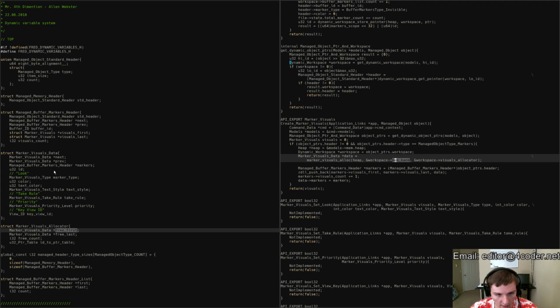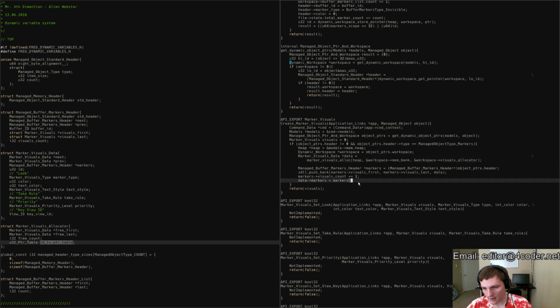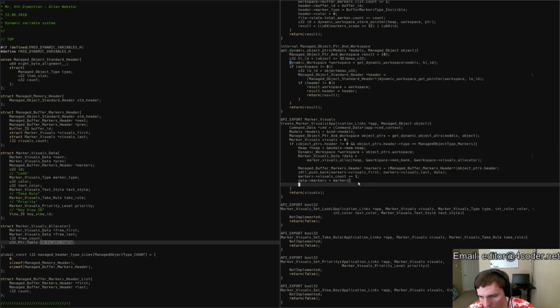Now the only remaining problem is what's the point of this ID in this table? The point of that is when we create one of these things, yeah, that's why we can't clear it to 0. When we create one of these things, we're going to look and see